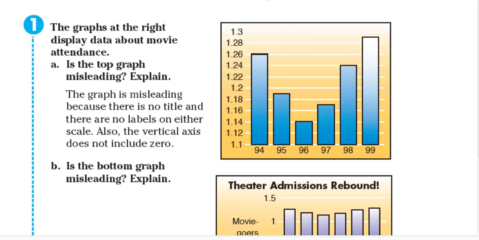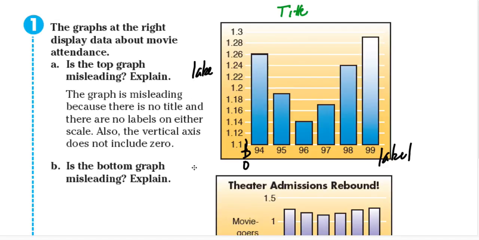So there should be a label here. There should be first and foremost a title. Okay, title, and there should be a label on your horizontal and vertical axes. And at the same time, this should start at 0. If it does not start at 0, it should have a break to indicate that it did not start at